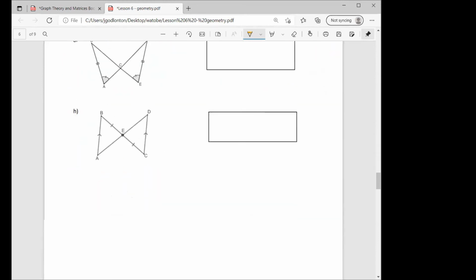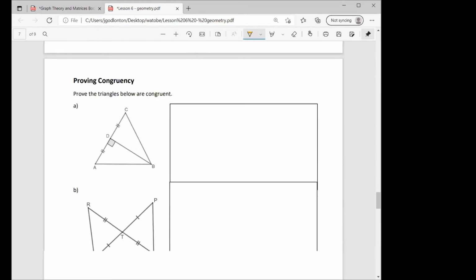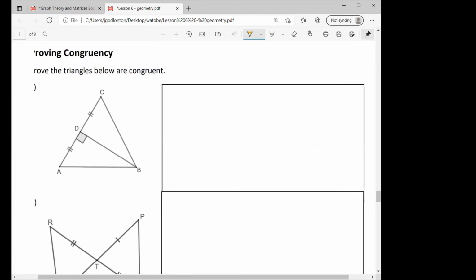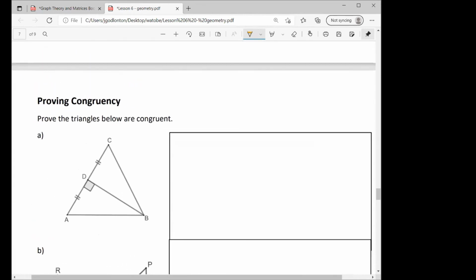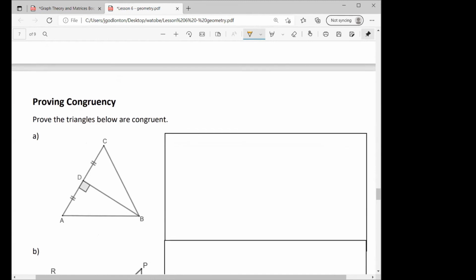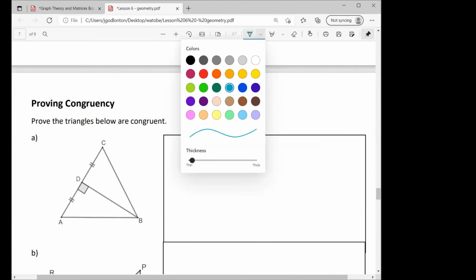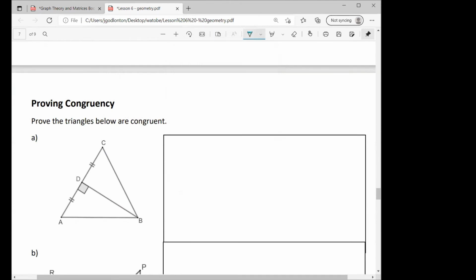Okay, so we are going to do a congruency proof. So we're going to now try and prove that these triangles are congruent. I'm going to help you with this first one, and then I'm going to let you try and work through the second one. Okay, the first thing that we want to do, if the angle is included,